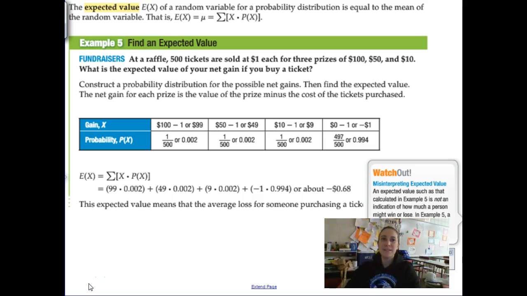So the expected value for a random variable in a probability distribution is defined as this, okay? So if you multiply the,